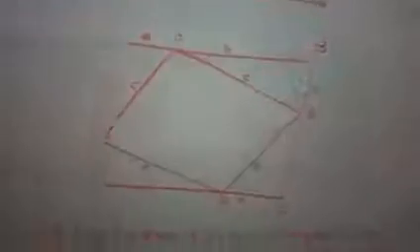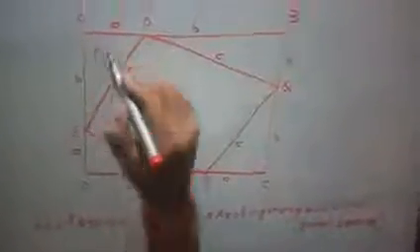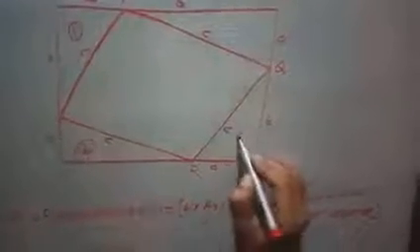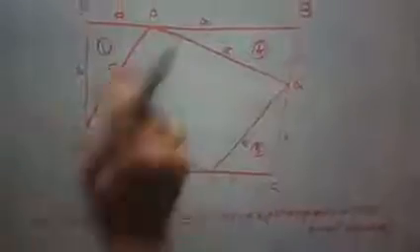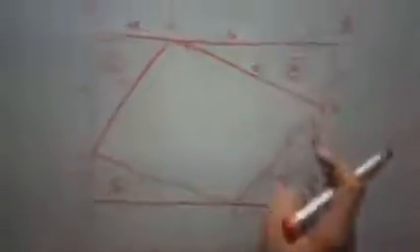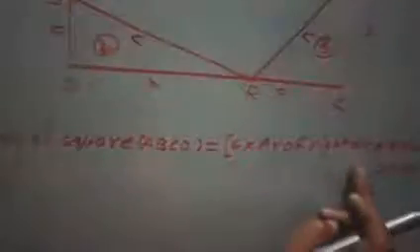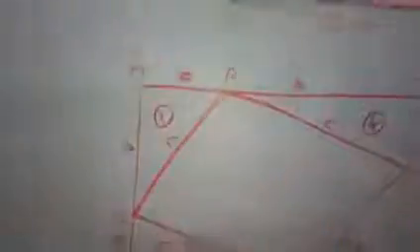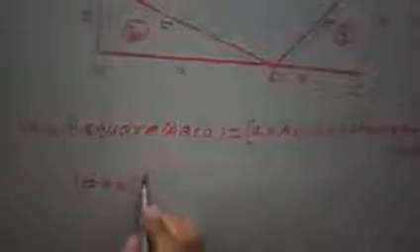Now if you find the area of this square ABCD, it equals the 4 right angle triangles, 1, 2, 3 and 4, and the small square PQRS. So area of square ABCD equals 4 into area of right angle triangle plus area of this small square. All the triangles are equal, so I write directly 4 into area of right angle triangle. Area of the square is side square, so A plus B whole square.